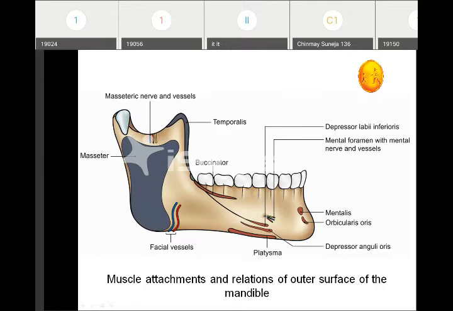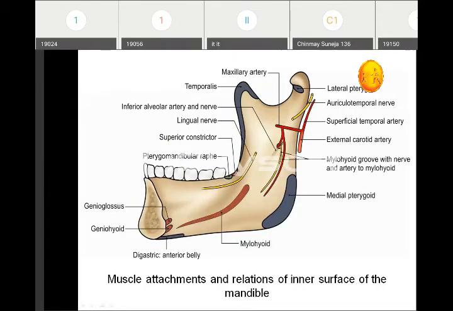Okay, so the facial artery can be palpated at the base of the mandible along the anterior-inferior border of masseter. So this is one of the arteries for peripheral pulsation, the facial artery. Again, the inner aspect. Hope you're getting the points. I'm again and again telling that please refer to your textbook for the bony markings or for seeing the proper attachments on